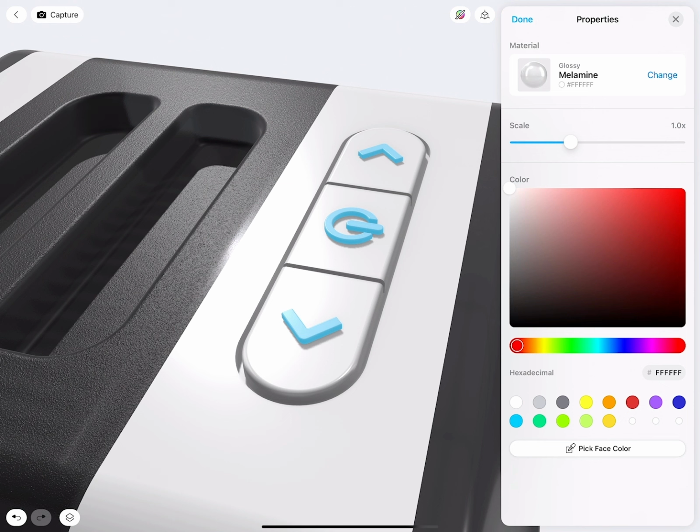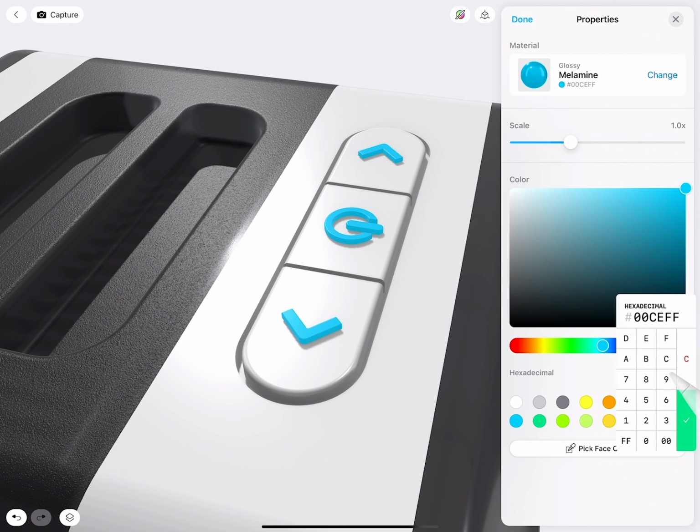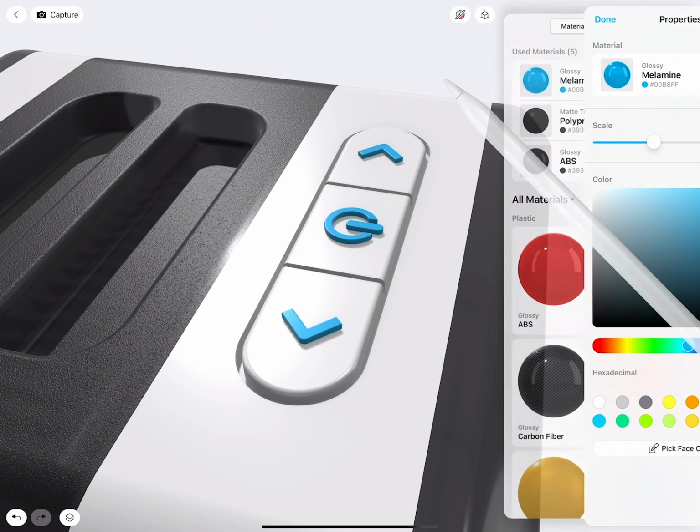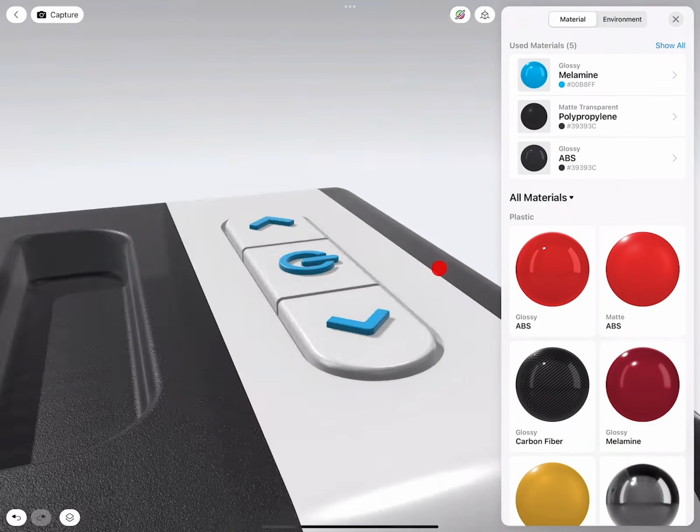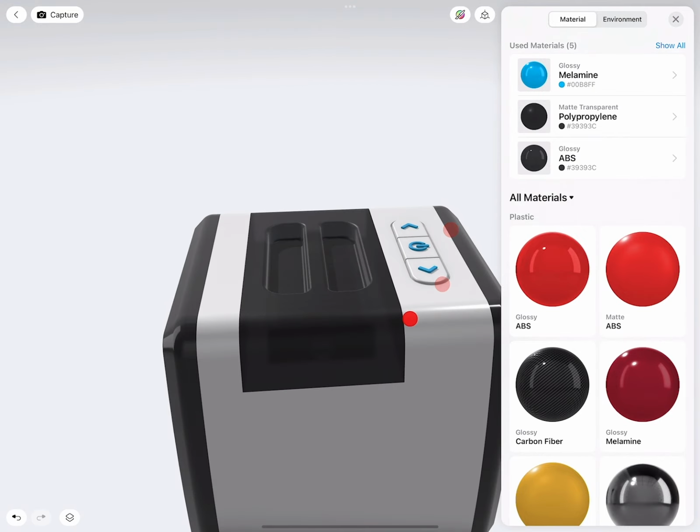And here, the material is the same. I would just like this to be a different material. And this should be 00B8F. Very good. Well, it looks actually really good, really nice.